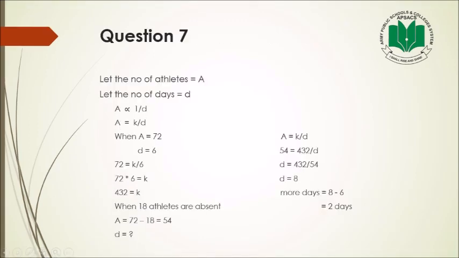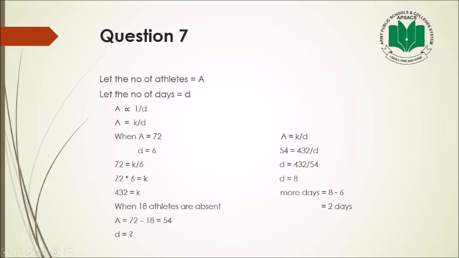Now question number 7, and I will use the algebraic representation method to solve this question. You can use any method. Question number 7 is: at a sports camp, there is sufficient food for 72 athletes to last 6 days. If 18 athletes are absent from the camp, how many more days can the food last for the other athletes? State the assumption made. Let number of athletes be A, number of days be